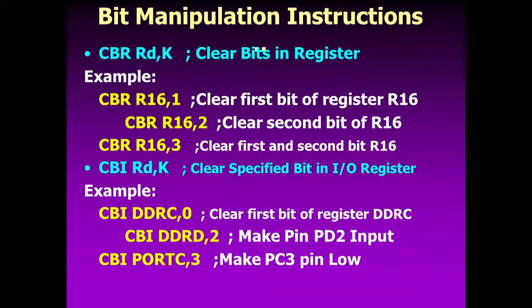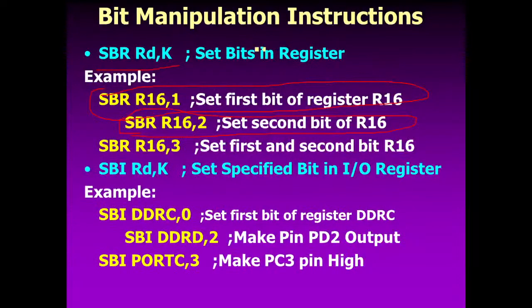Okay, there is no reply. That means this thing is not very clear to you. To set the pin, SBI. SBI, that doesn't mean State Bank of India, right? This SBI means set bit immediately. Which bit? The port is specified here and the bit number is specified here. So whenever I am saying SBI port C, 3, that means I want to make the PC3 pin high. Can anybody tell me what command I should issue to make the PC3 pin low?